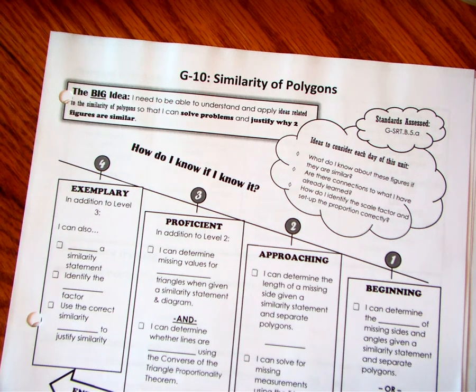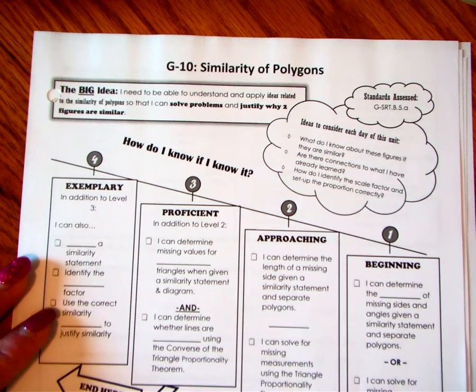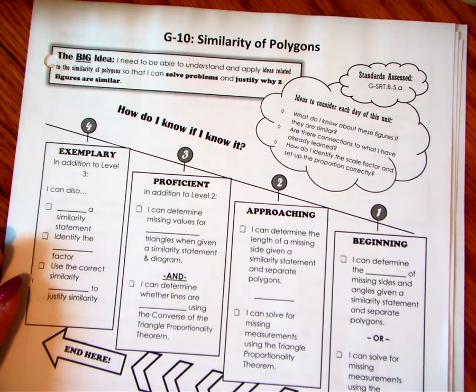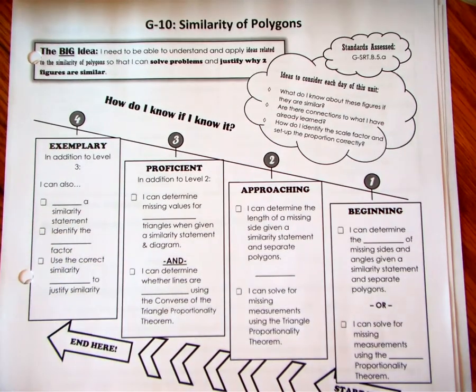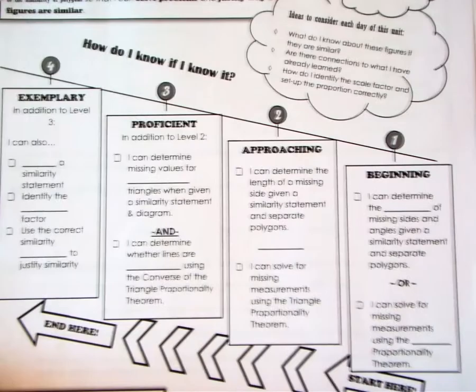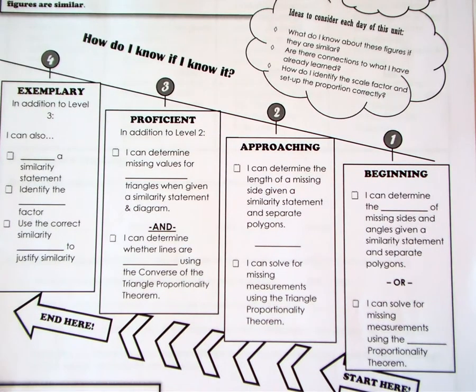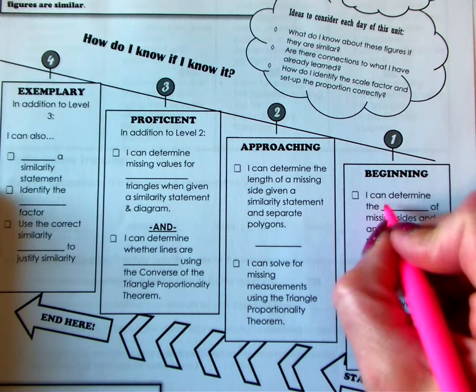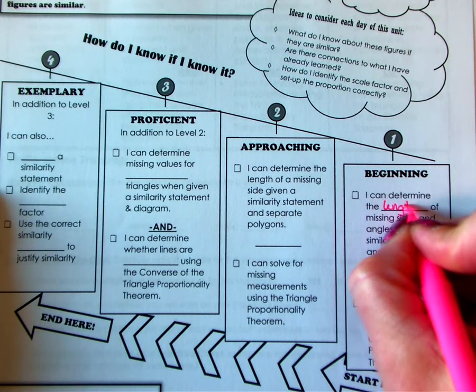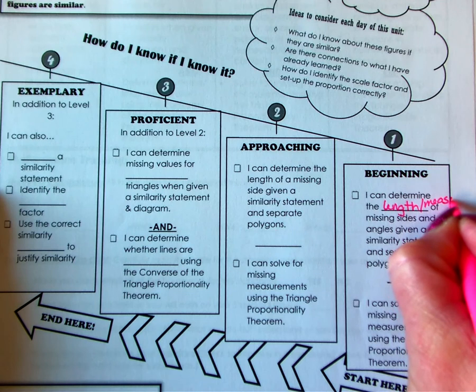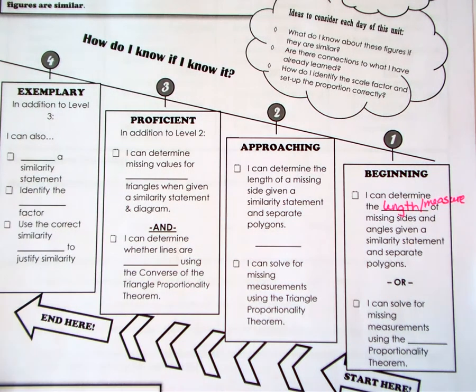Alright, geometry. So, here we go, starting our standard 10 with similarity of polygons. Okay, so let's look at what it takes to earn proficiency levels here. Level 1, you're at the beginning level. If you can determine the length or measure of missing sides and angles given a similarity statement in separate polygons, or if you can solve for missing measurements